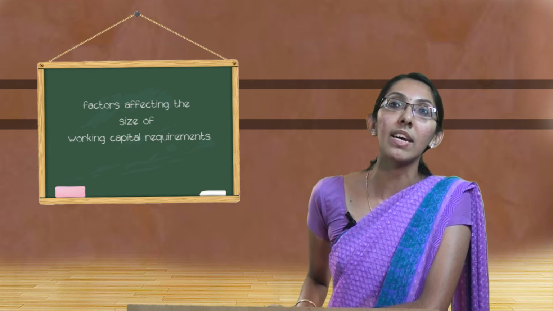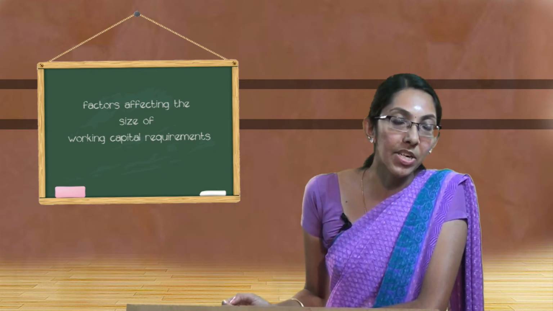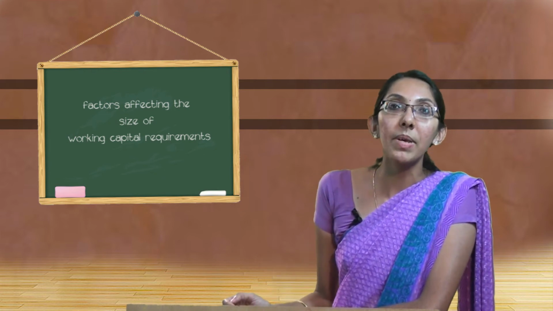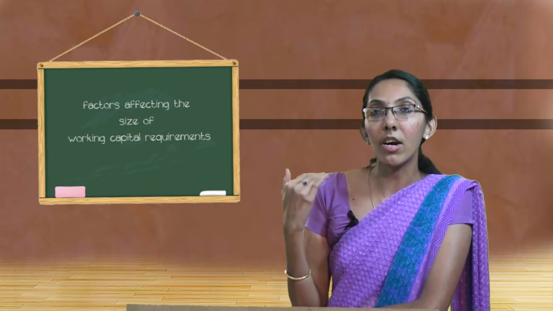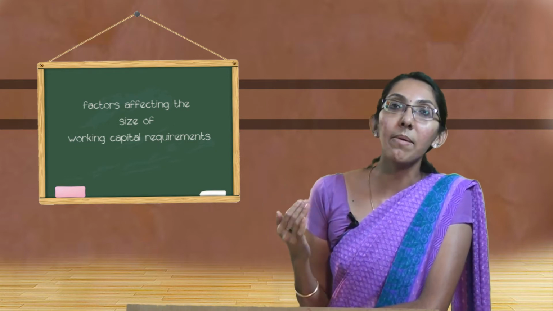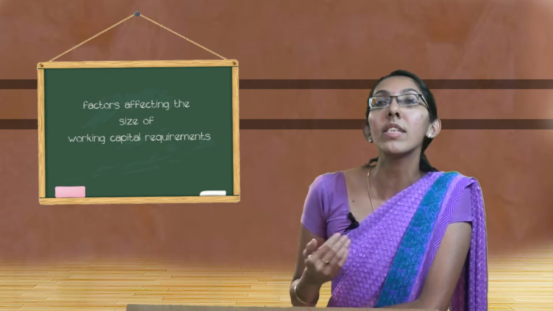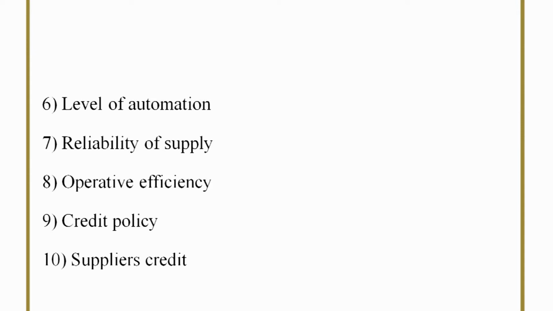The next factor to be considered is the level of automation. The level of automation here means the level at which machines are used. When the business is fully automated, the working capital required is usually low because the number of employees is reduced. On the other hand, when the level of automation is low, the working capital required usually increases because more employees are hired and more amount is to be paid in the form of salary or wages. So the working capital increases with the reducing level of automation.